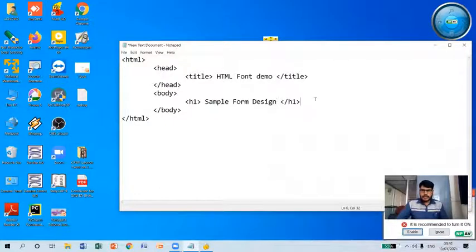And after this, I want to include a form here. So now to create a form, what is the tag required? We require form tag, and we need to close the form tag immediately.